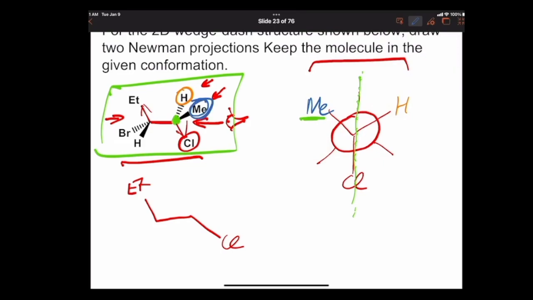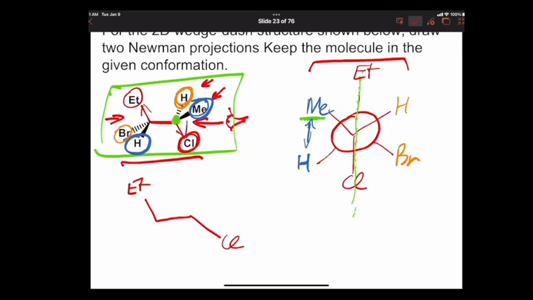Methyl was up. What else is? Hydrogen. So that has to be here. The relative positioning of these two groups, because they were both above the plane, can be used to help define it. Same thing, on the back carbon, hydrogen was back, bromine is back. That puts bromine in this position here. And in the same plane of the page, chlorine, ethyl, that puts the ethyl group on the back carbon in that